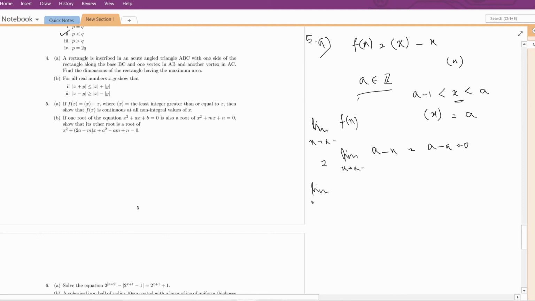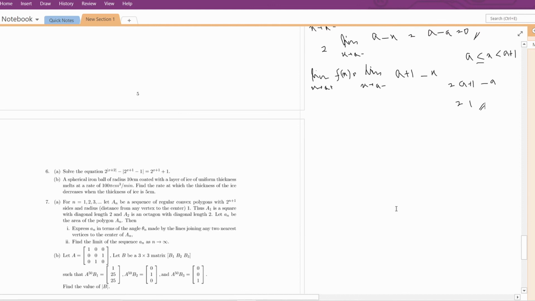Now limit x tending to a plus f(x): for this, x belongs to the interval a to a plus 1, then bracket x is equal to a plus 1 minus x, and this will be a plus 1 minus a, which is 1. So this left hand limit is not equal to this right hand limit,